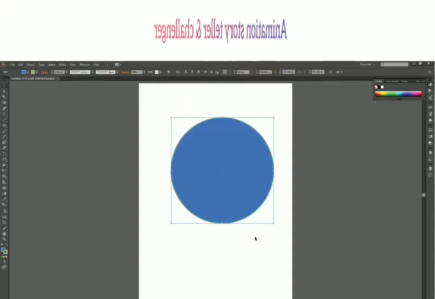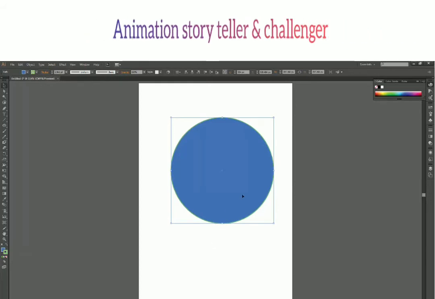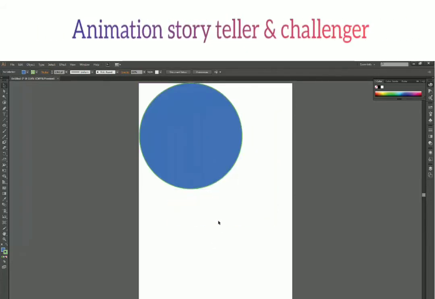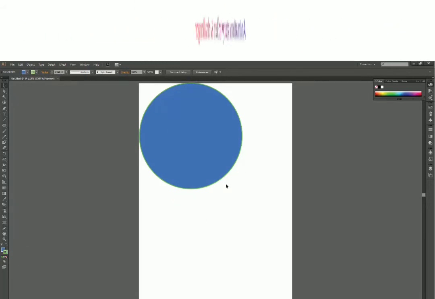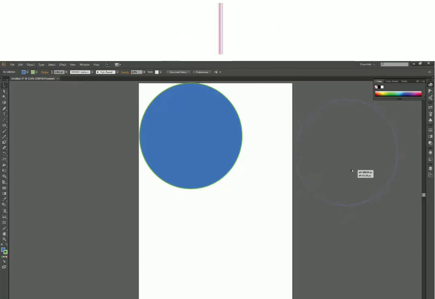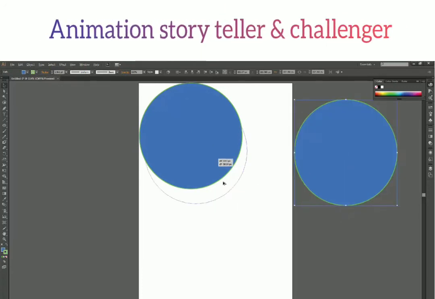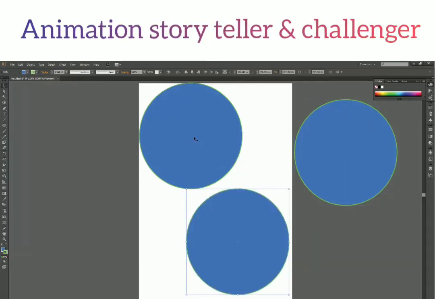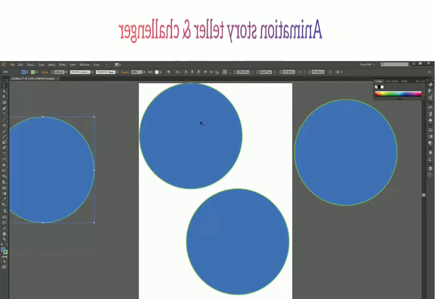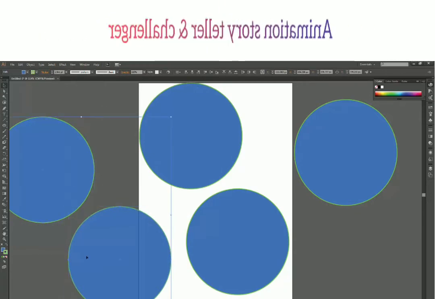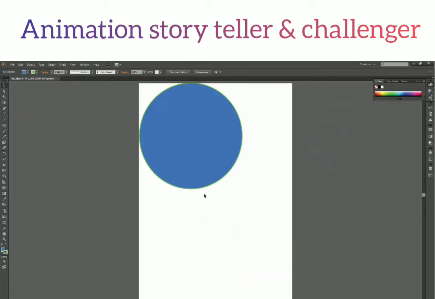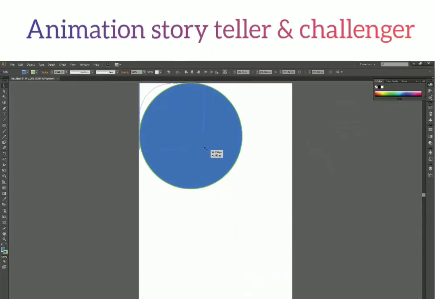So we have our selection tool covered, and like in the Artboard tool, if you want to duplicate stuff, you can just click Alt and drag, and it will make a copy of that shape. So click and drag while holding the Alt key on your keyboard, and it will duplicate that shape for you. Now again, you can just select and delete all of these things. Okay, and I'm scaling it down a bit.